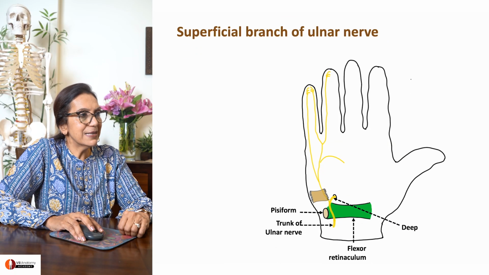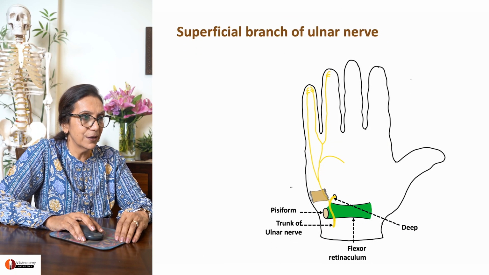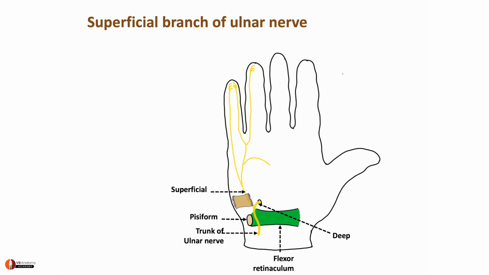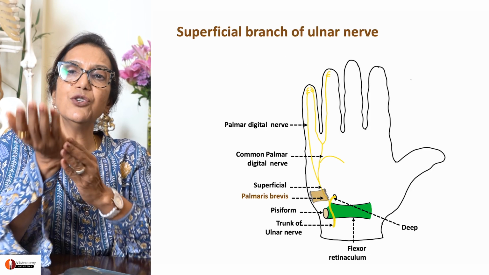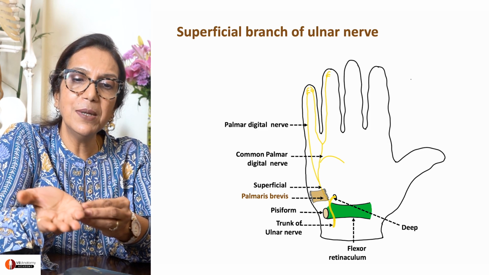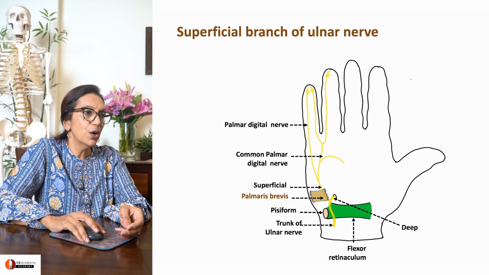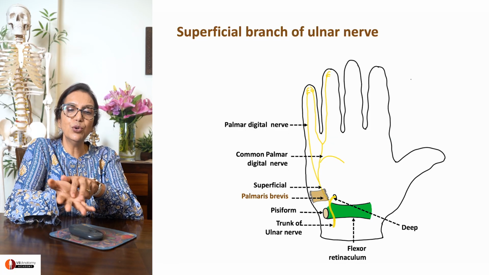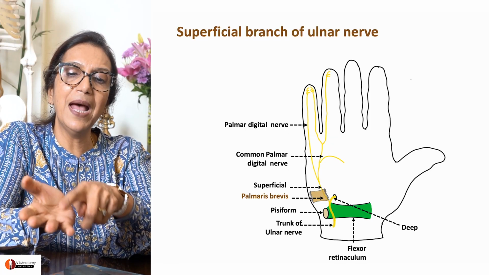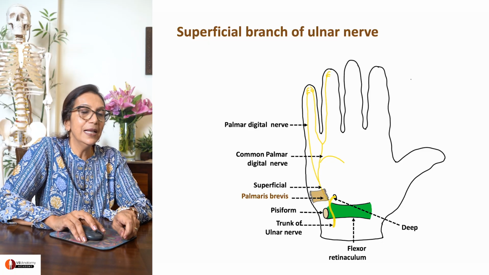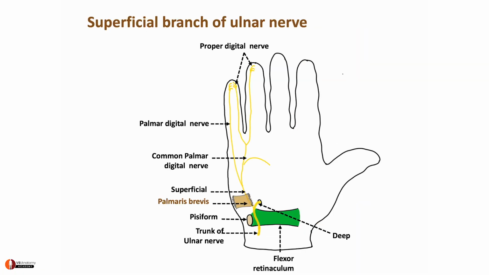So now, let's discuss the superficial branch of the ulnar nerve. This superficial branch gives rise to one branch to the palmaris brevis and then goes on to divide into the proper palmar digital branch and the common palmar digital branch. Proper palmar digital branch, please use your hands. It supplies the skin along the medial side of the little finger. Common palmar digital divides into proper palmar digital branches which supply adjacent sides of your ring and little finger. It also gives rise to a communication to the median nerve.